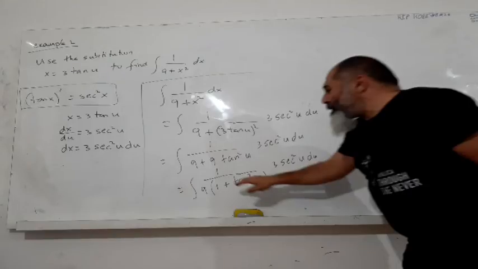So 1 over 9 sec squared u, 3 sec squared u du, and sec squared u cancel each other. We have 3 over 9 there, which makes 1, no,